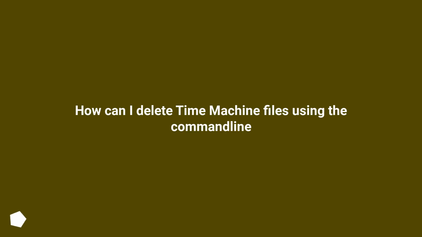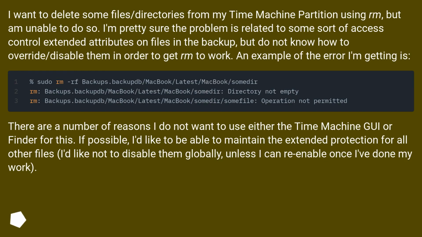How can I delete Time Machine files using the command line? I want to delete some files and directories from my Time Machine partition using rm, but I'm unable to do so. I'm pretty sure the problem is related to some sort of access control extended attributes on files in the backup, but I do not know how to override or disable them in order to get rm to work. An example of the error I'm getting is